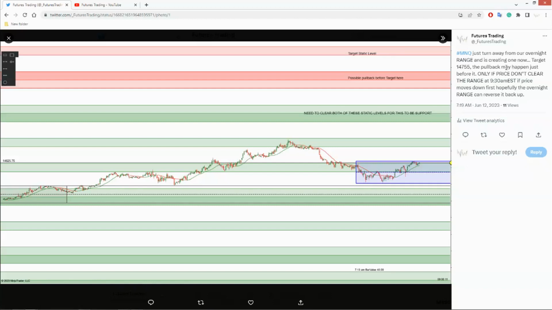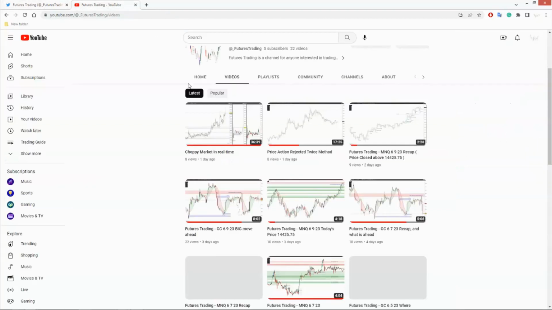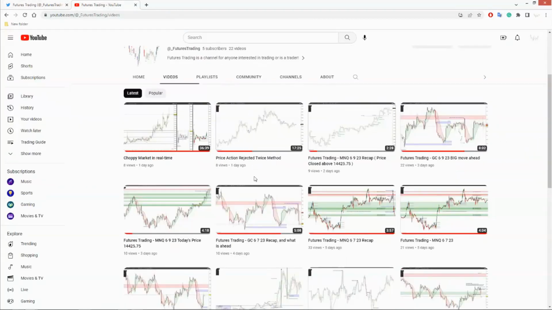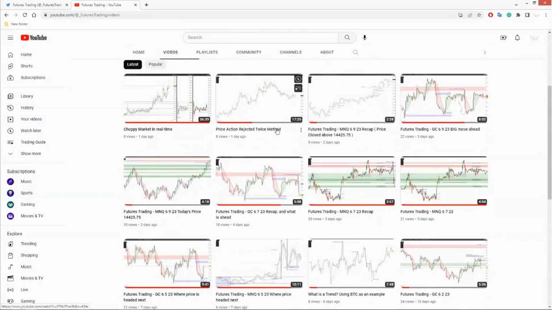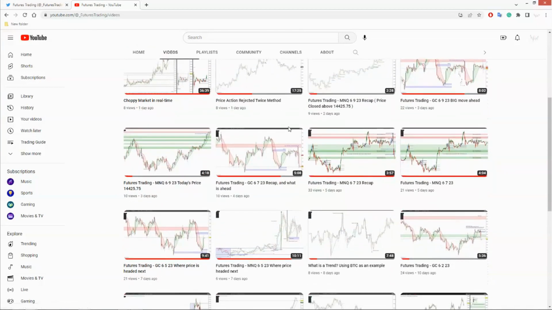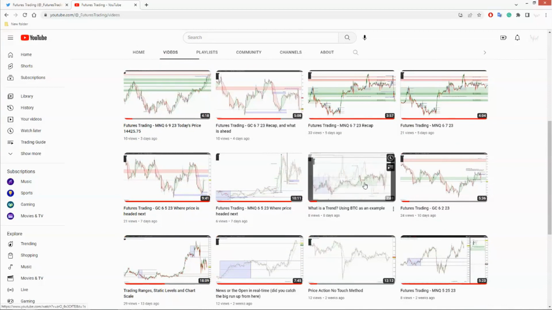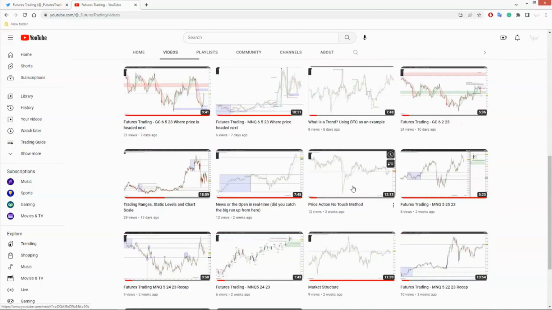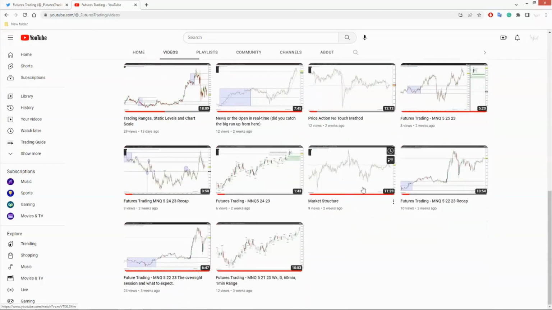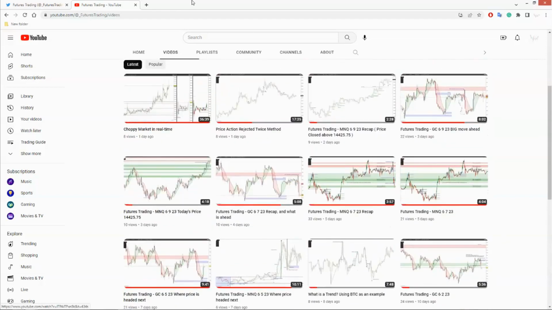Now, if you're not familiar with the ranges or any of the content, I just made one yesterday, and we'll take a look at some of these price patterns. I put this out this weekend. I even showed you one in choppy conditions with the Bitcoin in real time. I'm going to show you what the trend is, the no touch method, and market structure. I'm going to just touch on all of that in like 5 minutes. So it's not going to be long.